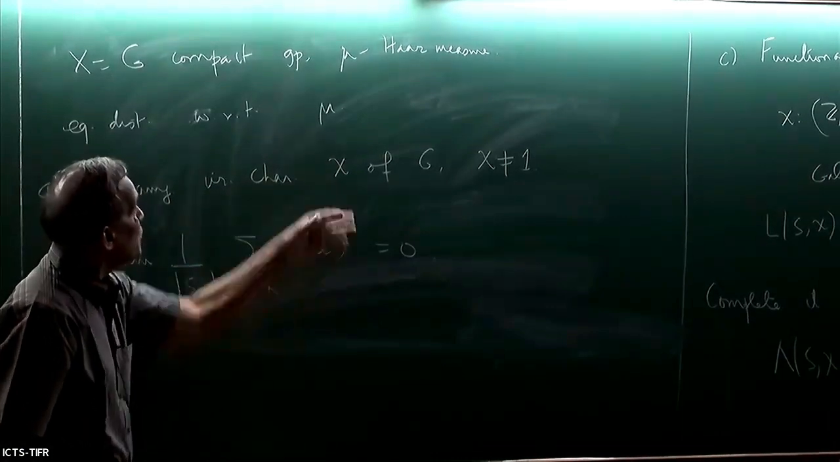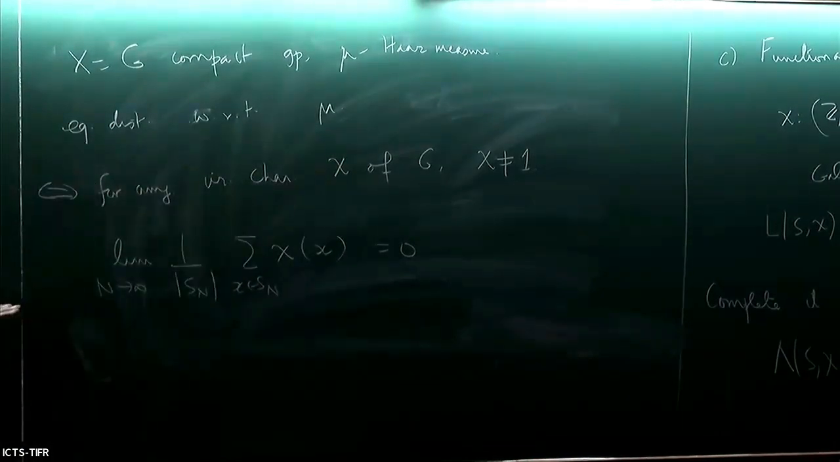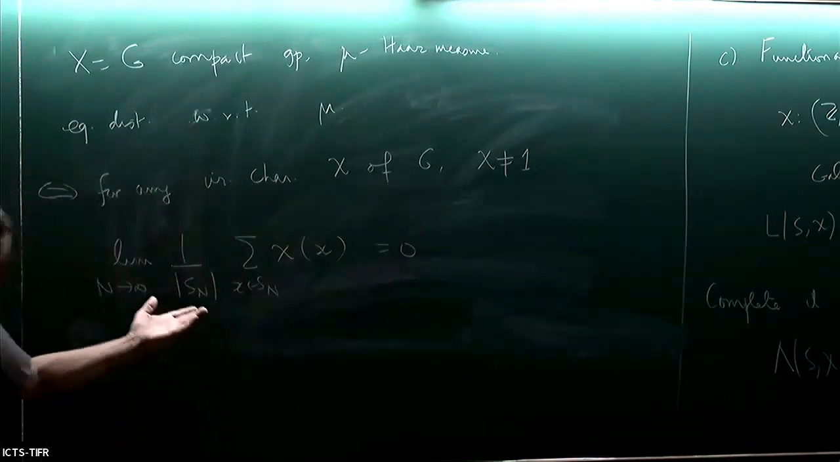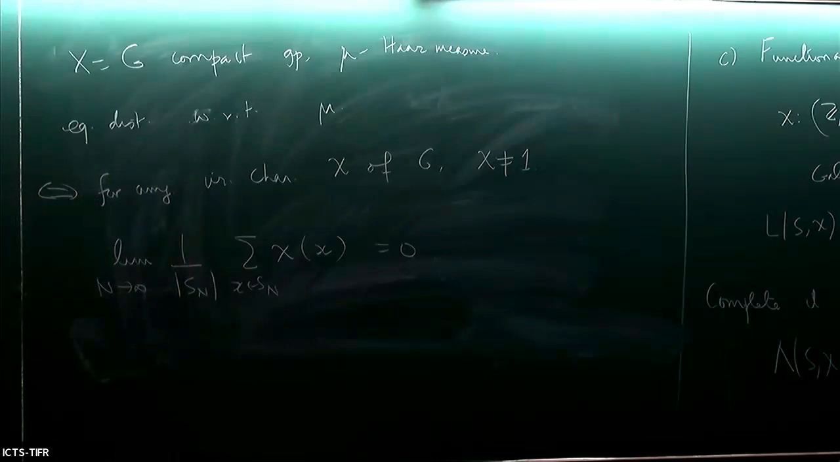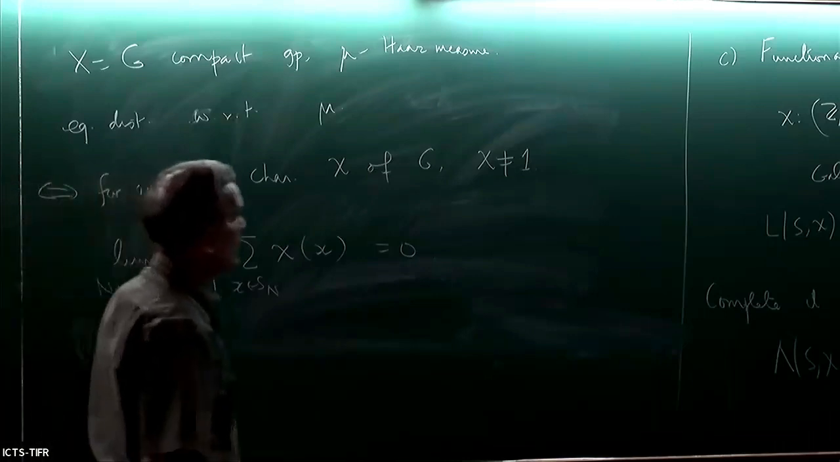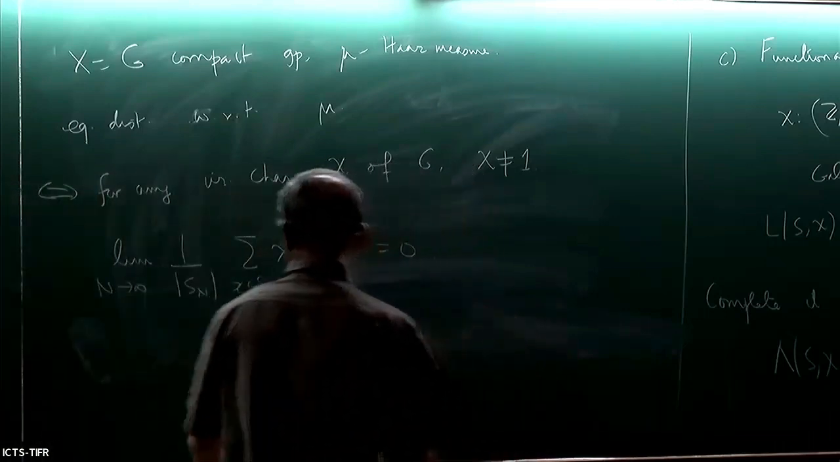So the equidistribution with respect to the Haar measure is an extremely simple formulation if you are working with compact groups and looking at irreducible characters. So all you have to say is for any non-trivial irreducible character, the average sum goes to 0. Okay, so if I take, for instance, x equal to S1,